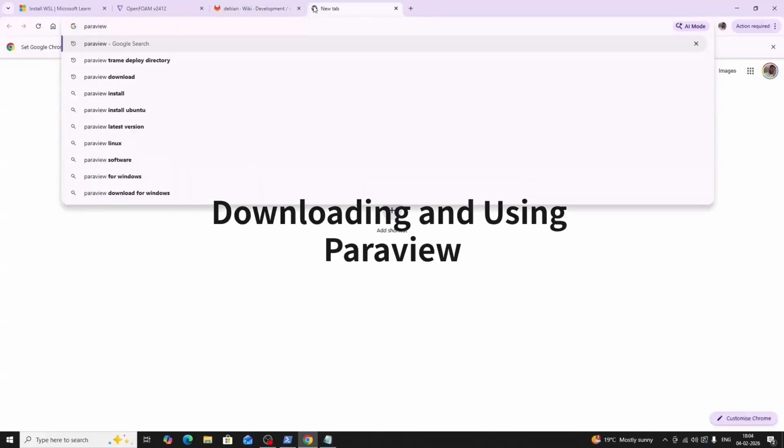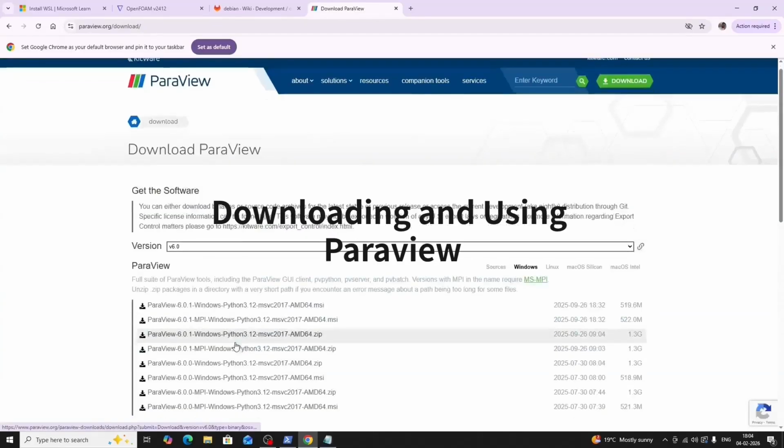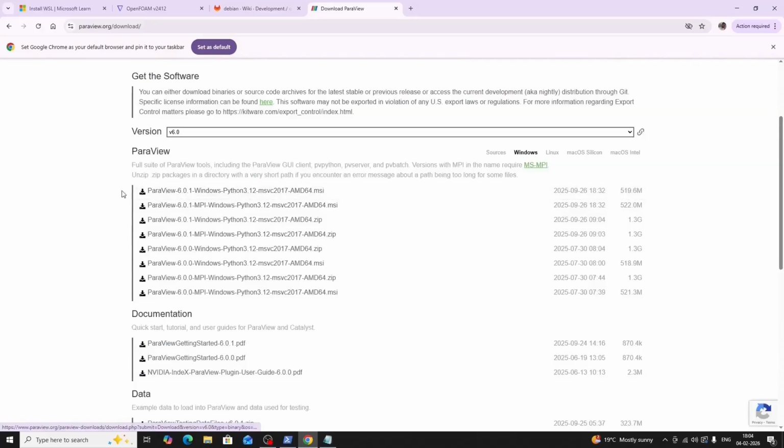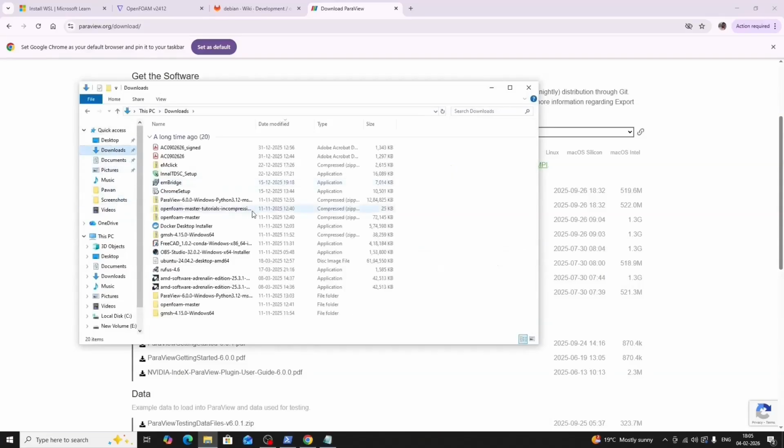While we are waiting for these installations to complete, we can download ParaView. To download ParaView, you can go to downloads and download the version that you want. For Windows, you should download this version, which is in a zip file, and I have already downloaded ParaView 6.0.0